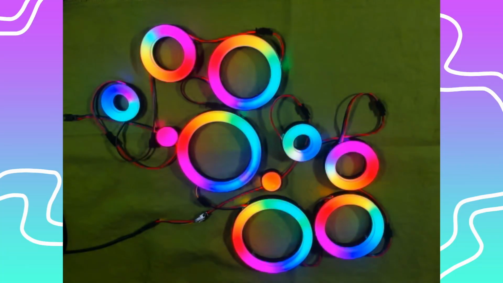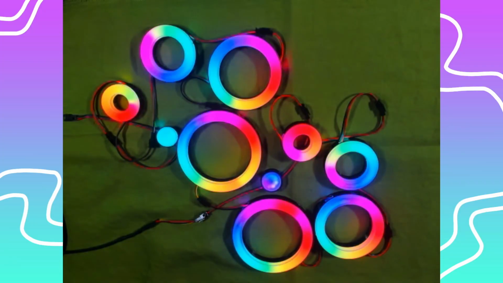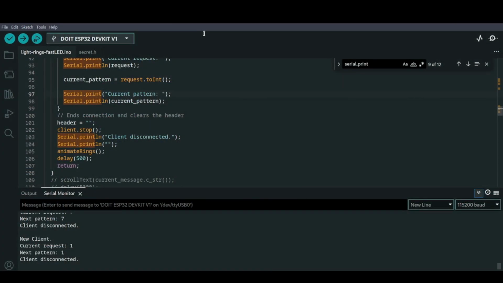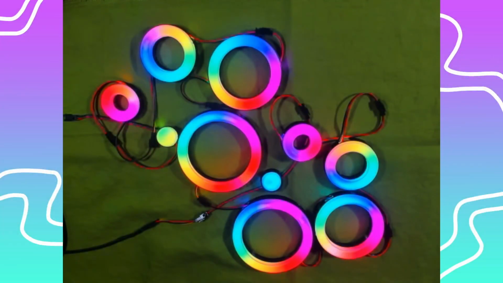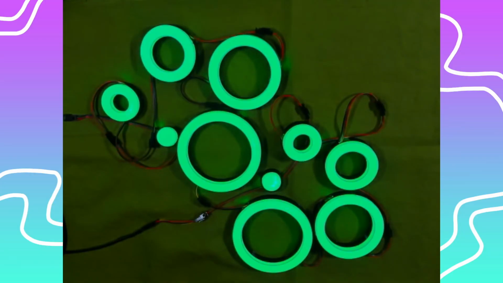Theoretically, that should already work. You want to try it this time? Green works. Now give it a few seconds.